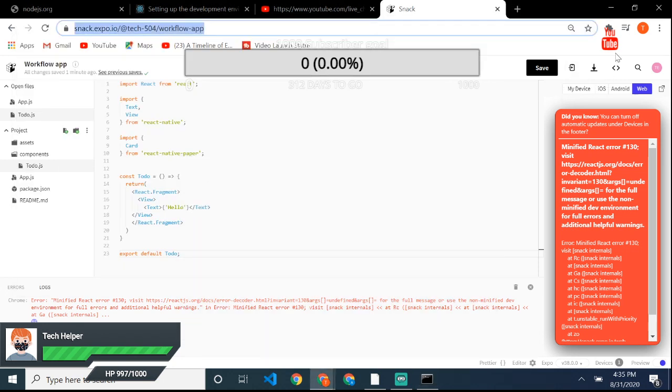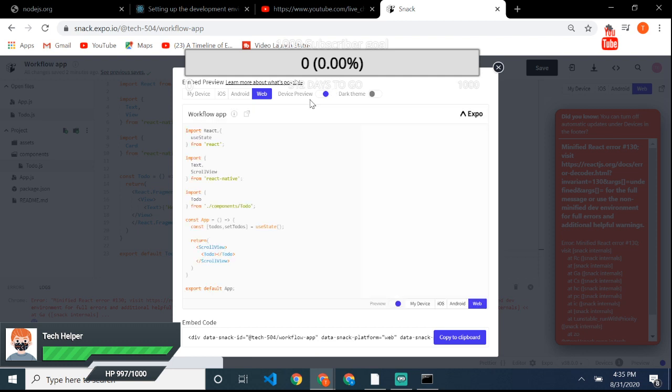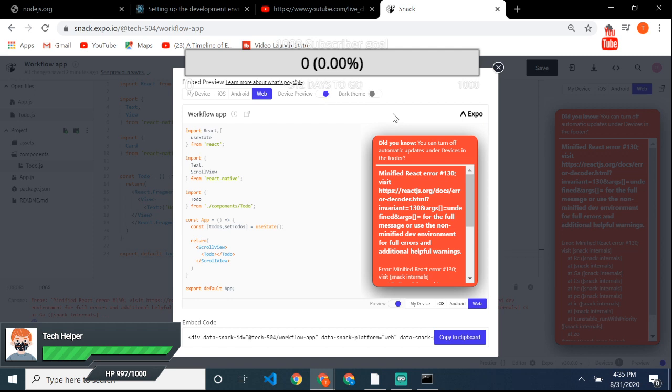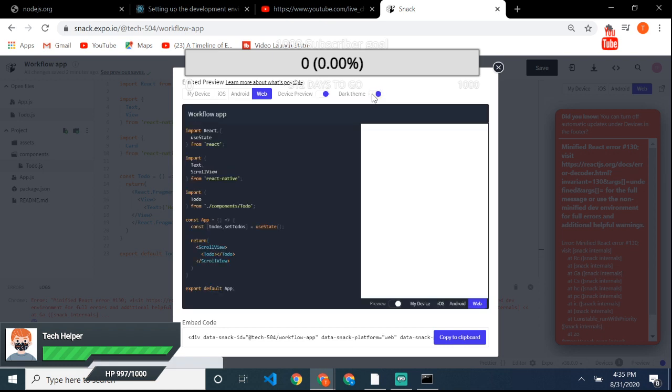You can run on device through our embedded code. So you can see here, this might be some embedded code for our app. You can see device preview in the dark theme. You can turn it on. If you want to share it with somebody, you can use your embed, and that should do it. Anyway,